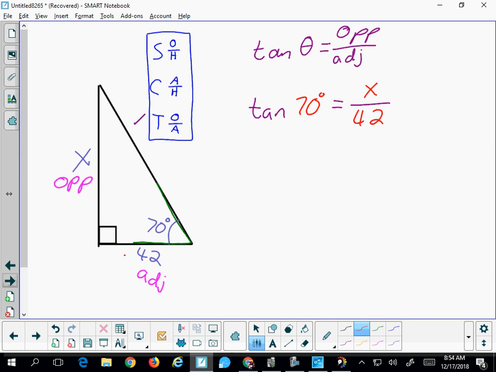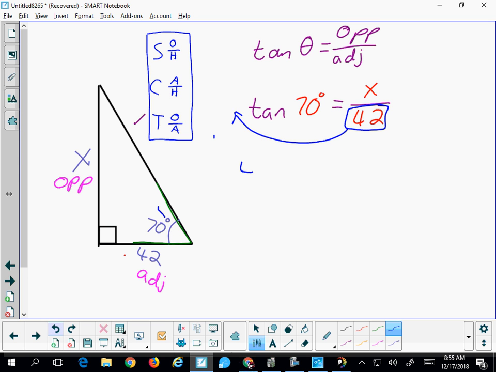So the first thing that we can always do is take what's on the bottom, move it out to the front. Last problem was the x, so we moved the x out to the front. This one, if we move the 42 out to the front, so we take our 42 and move it over here,